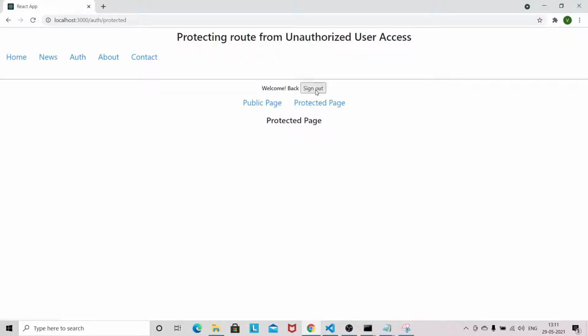Now if you sign out, then you will only be able to access the public page, not the protected page. So this very small application we are going to build in React Router DOM. So let's jump into VS Code without wasting any time.